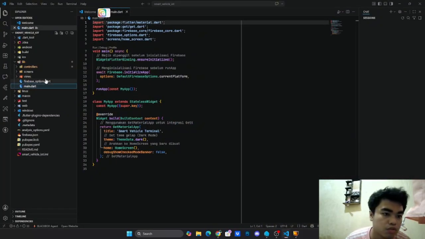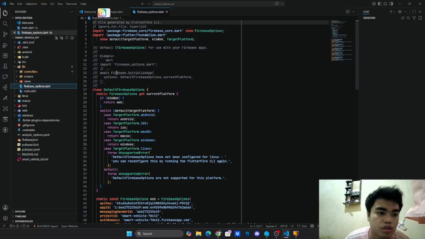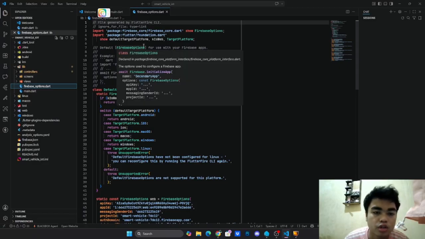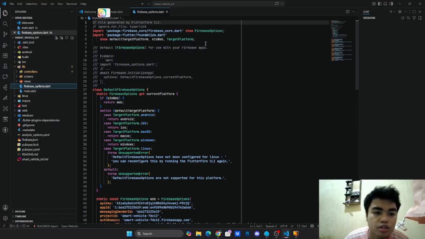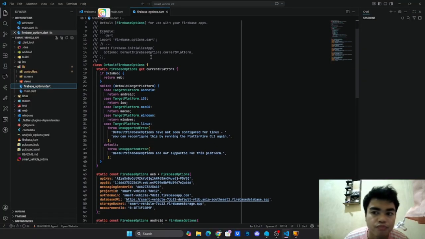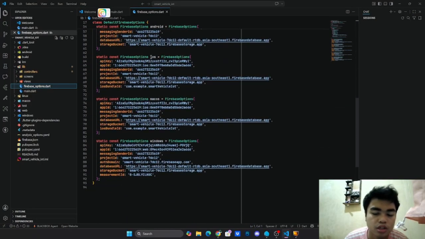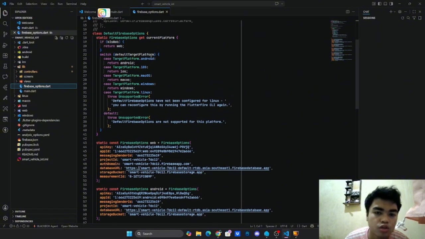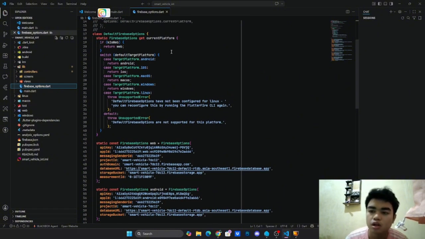In the Flutter mobile app, we are using Firebase to connect the web and the application. You can do this with vibe coding. I use Gemini to build the prompt and Anti-Gravity to build the code.